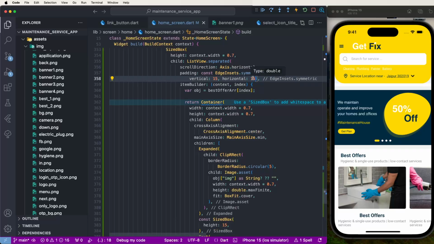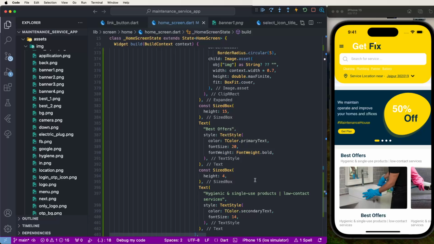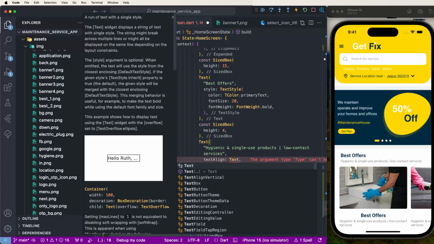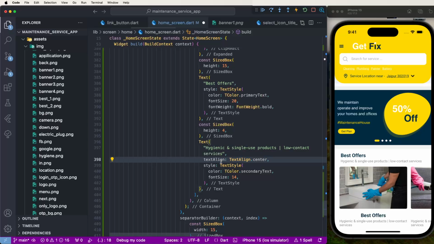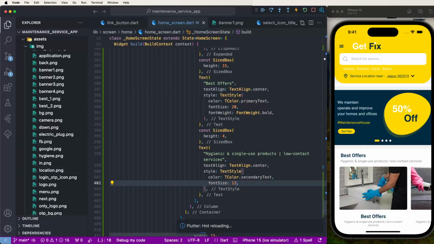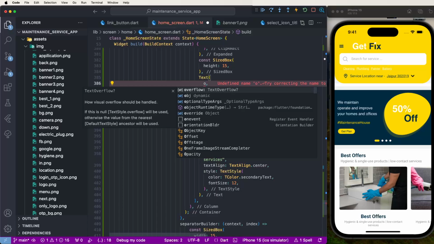Need to set 20, that is good, and also need to set the text alignment as center. Copy here, paste here. Also need to make the size smaller as well, and we need to give the value of here the checked